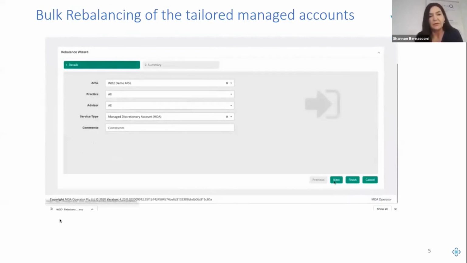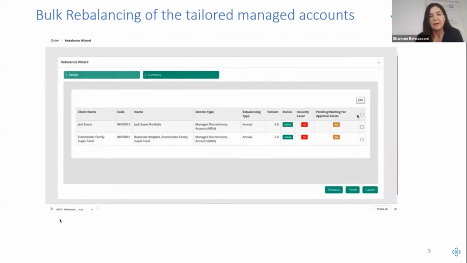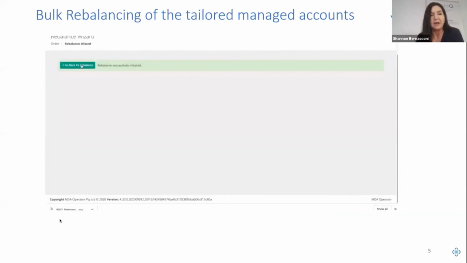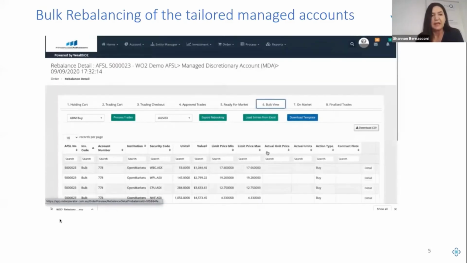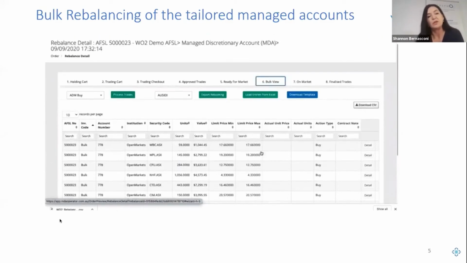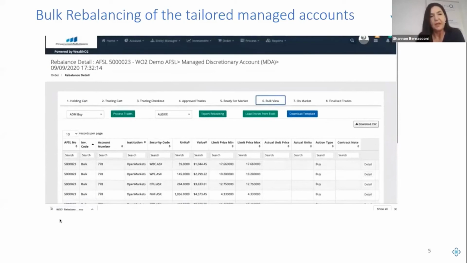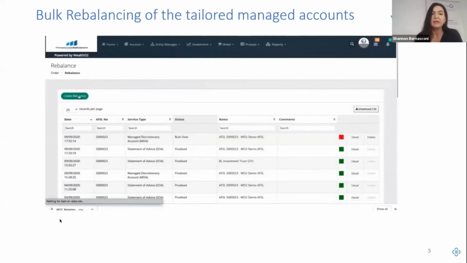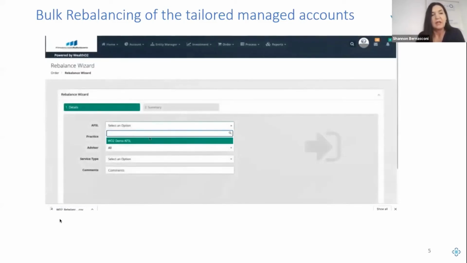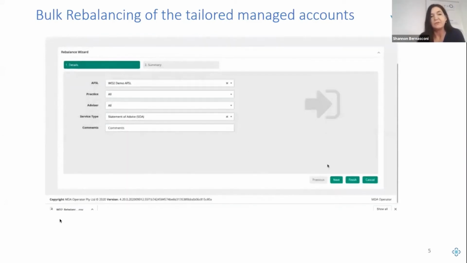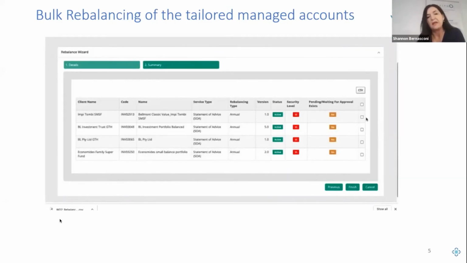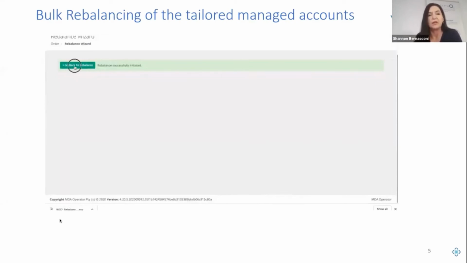We at WealthO2 offer both discretion and non-discretion accounts through the managed accounts. And this example on the screen is showing you how to bulk rebalance, firstly discretionary, which would go straight into trading. You can also bulk rebalance those clients that have not given discretion and want to get an electronic record of advice, which is electronically sent to them, and on their permission, authorization, we execute intraday into